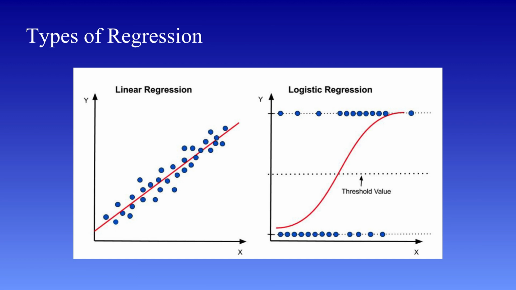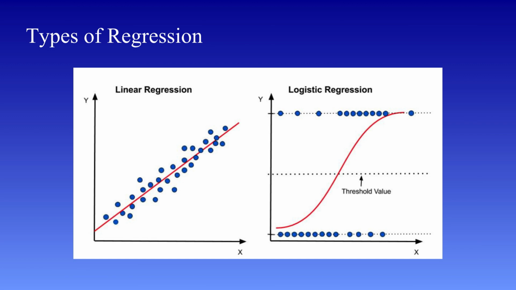Another important category includes ridge regression and lasso regression. These are types of regularized regression techniques. They are particularly useful when we have many input variables or when the model is at risk of overfitting. Ridge regression works by shrinking the coefficients to reduce complexity, while lasso regression can shrink some coefficients completely to zero, effectively removing less important features from the model.